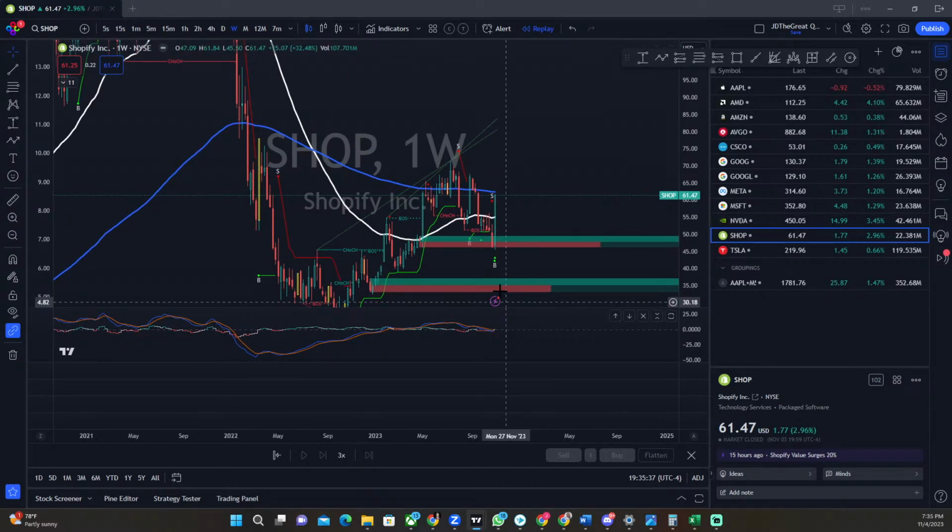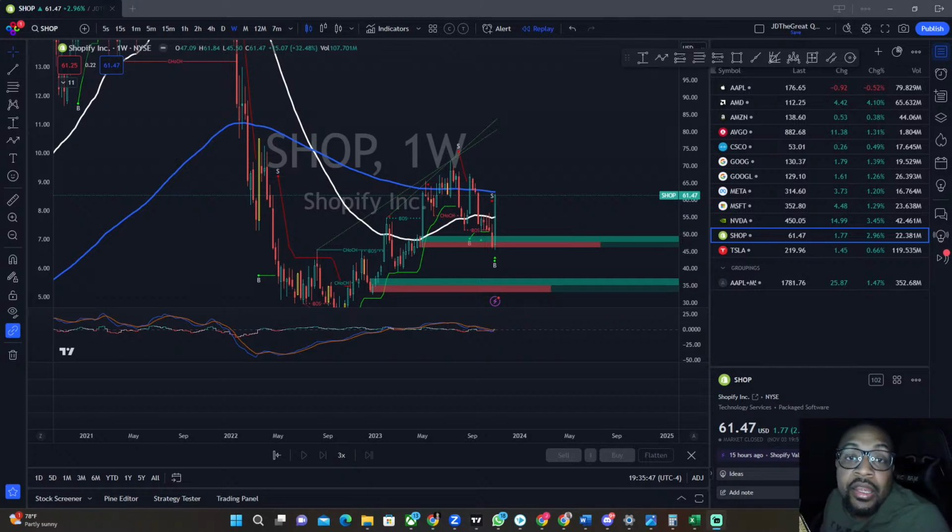So when Shopify had those solid earnings with the MACD crossing over and it engulfed the previous candle, it's letting us know that there is going to be more upside. Now, I get it. You don't want to see any more upside. That's okay. I get it. But at the end of the day, we only trade the chart that's in front of us. We are traders. We're not investors.